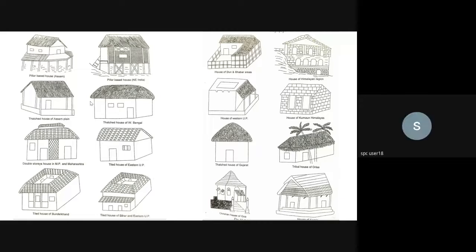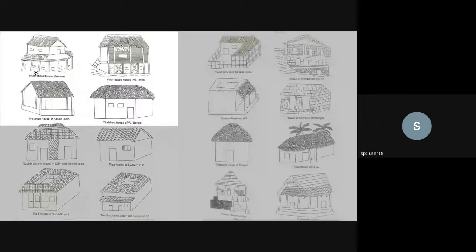I asked about a structure, not a house, a structure in India which is very similar all through pan India, and that is railway stations. It is the style in which railway stations are built in India. Until recently, there was a major change, but the majority of the railway stations, even today, look very similar. Houses obviously are different, and I'm going to come to how and why they are different.